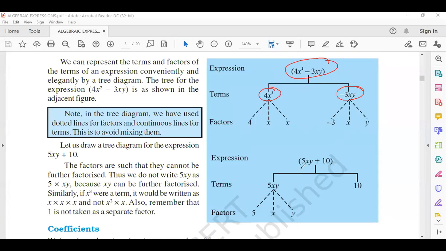Okay, so now its term will be 5xy. So 5x and y are the constant. This is your soft copy or your textbook. You can open it from there where you are right now. So now this is a constant term and there will be no factors in variable. A constant number has no factors in an algebraic term.